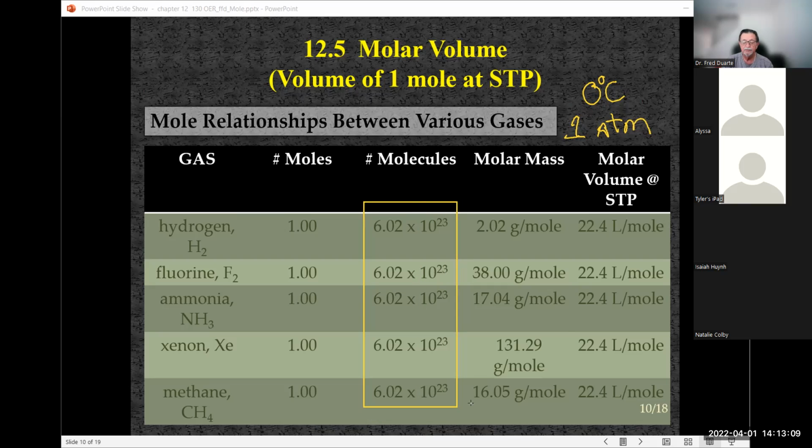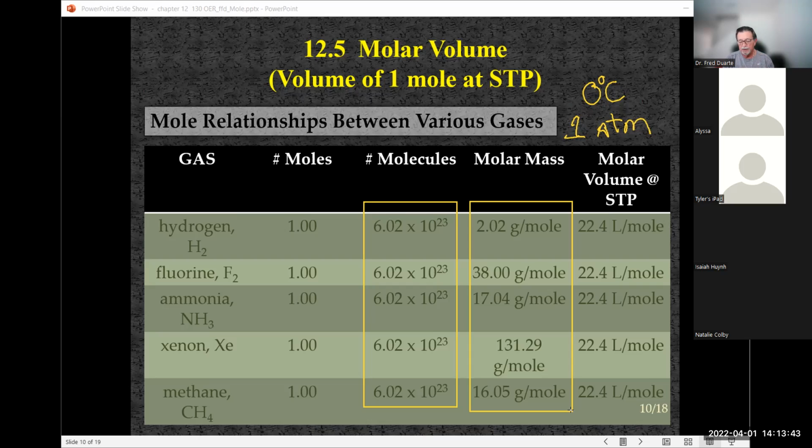Okay. Granted, each one of these gases has a different molar mass. It's a different species, okay? And we're talking about molar mass, we're talking about the diatomic. So hydrogen, there's 2. Its molar mass is 2.02 grams per mole. Fluorine, etc. Okay, ammonia obviously is not diatomic. You've got to add up the nitrogen and 3 hydrogens, that's 17.04. Xenon, 131, etc. Okay, so at STP,